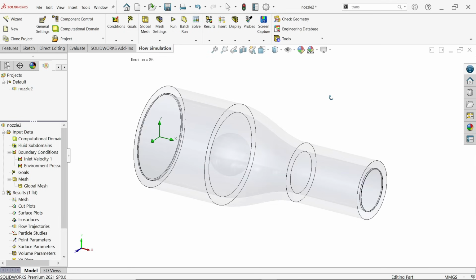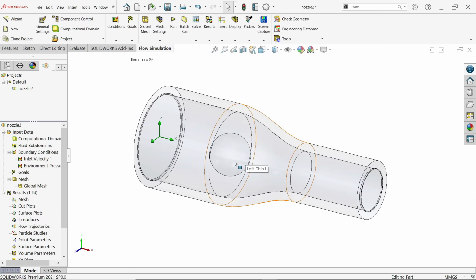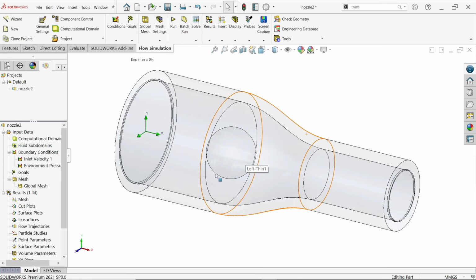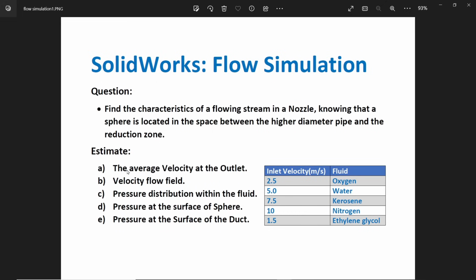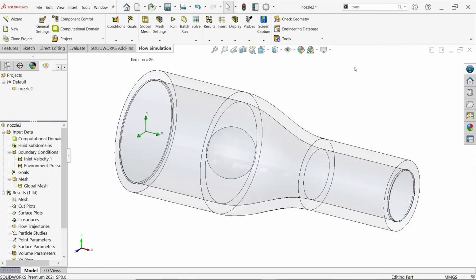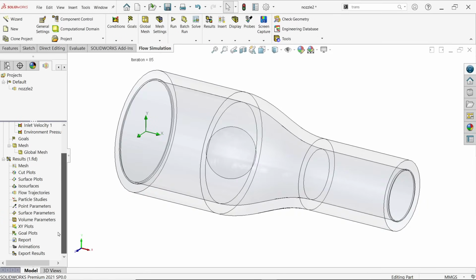Oh, that's it, because in between there is a sphere and it should be visible. Now here the first question: the average velocity at the outlet. This is a parameter. Now we have to find out the parameter. So at the outlet, this smaller one is the outlet portion. So here you will find